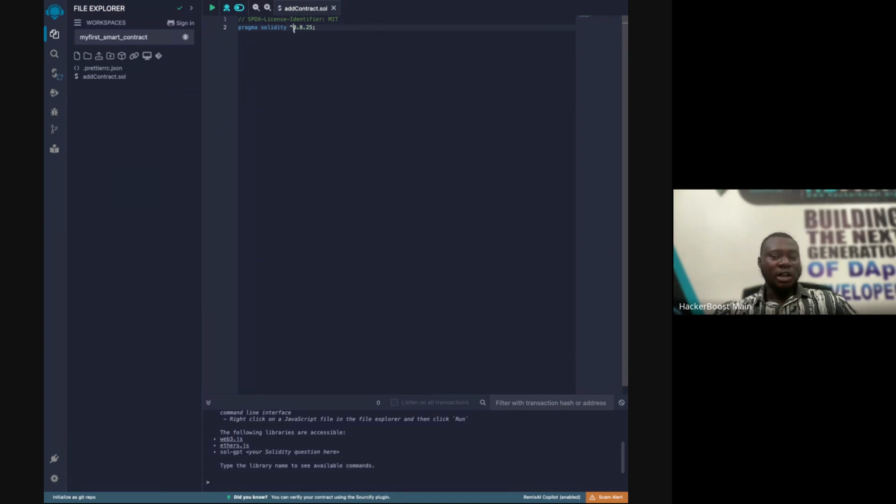So the range is like, if I take this one out, then I'll have something like this, greater than or equal to 0.8.25 and less than 0.9. All right. So you will find everything in the code that we'll provide. But here we are using this version, which is version